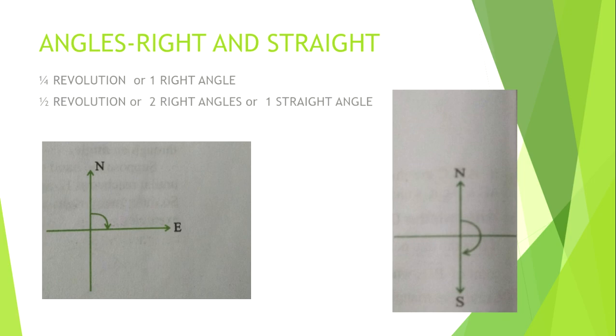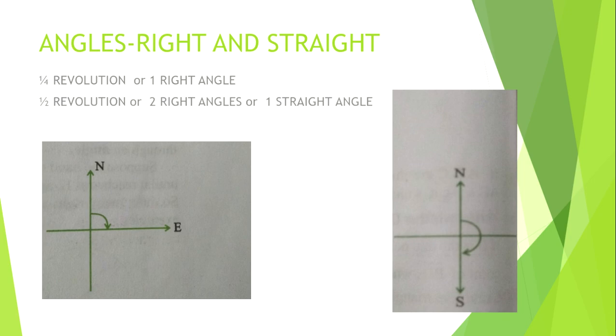It means from north direction to south direction you have taken two right turns, that is one straight angle, 180 degree. If I ask to take two more right turns clockwise, after that you will reach the same point from where you have started, that is the north direction. So here you have completed one full turn. Reaching from north to again north, you have taken one full turn, that is called complete angle. Complete angle is 360 degree. That is also called one revolution.